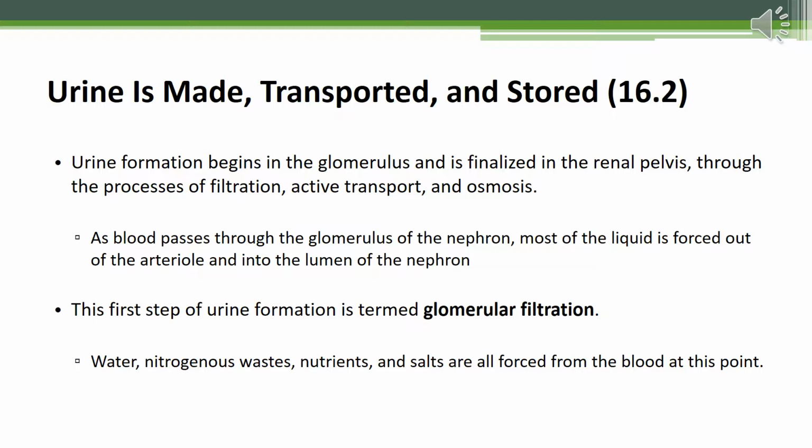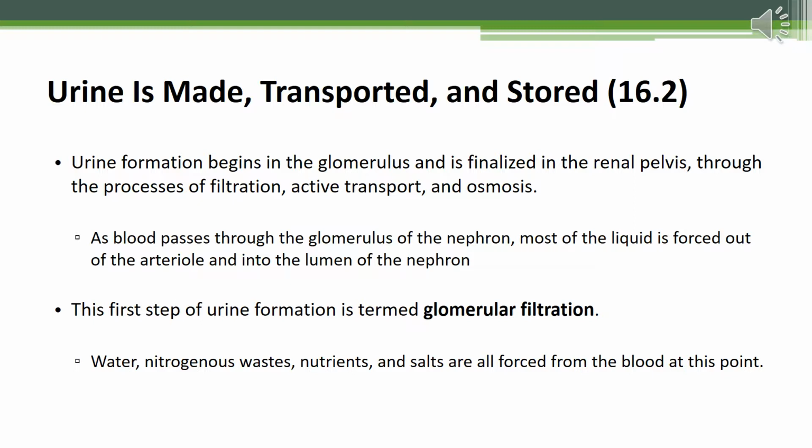Section 16.2, urine is made, transported, and stored. So now that we've talked about the various structures involved with urine formation, we're going to discuss the actual process. Urine formation begins in the glomerulus and is finalized in the renal pelvis, and is accomplished through the processes of filtration,